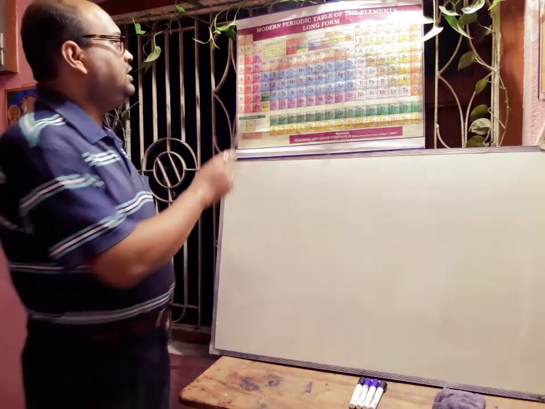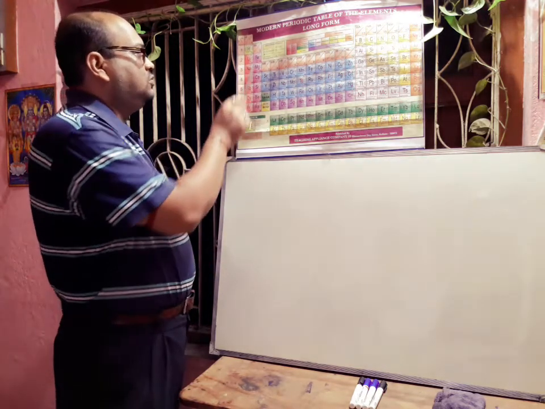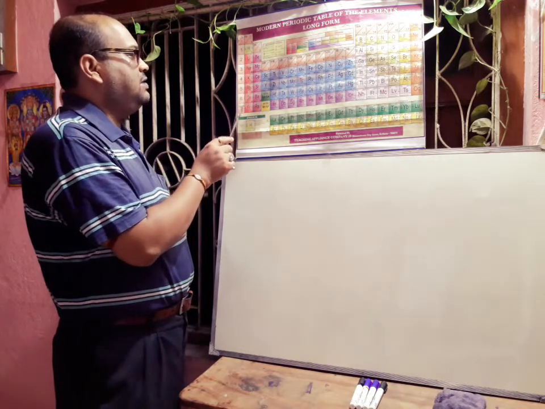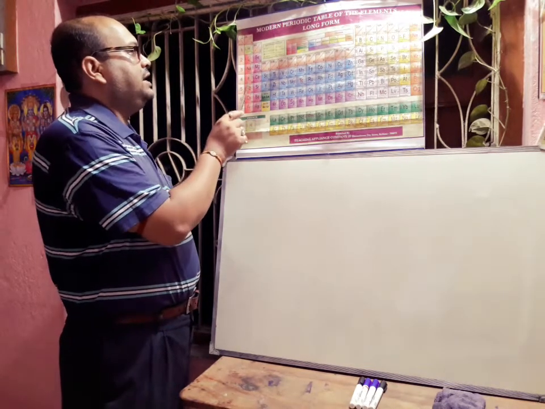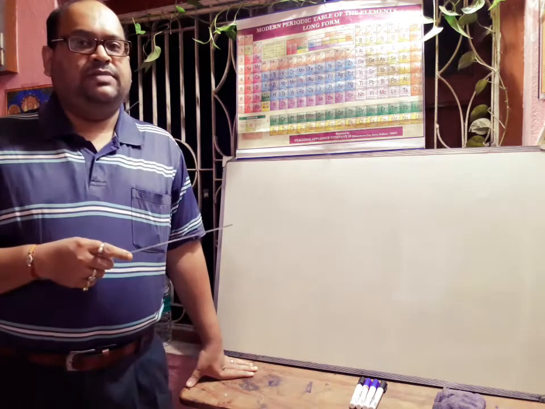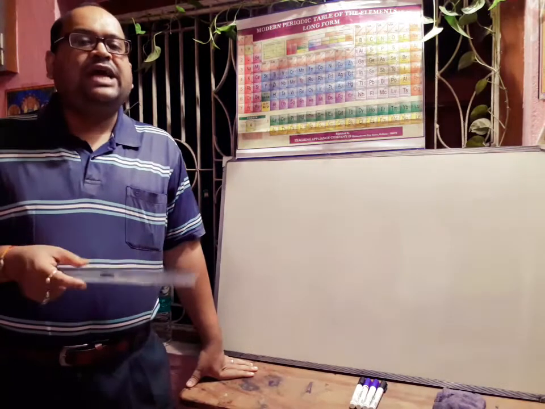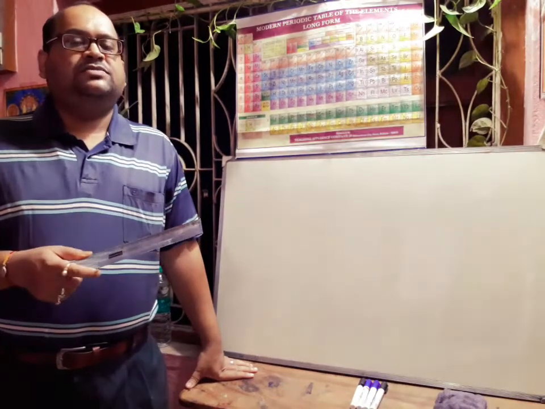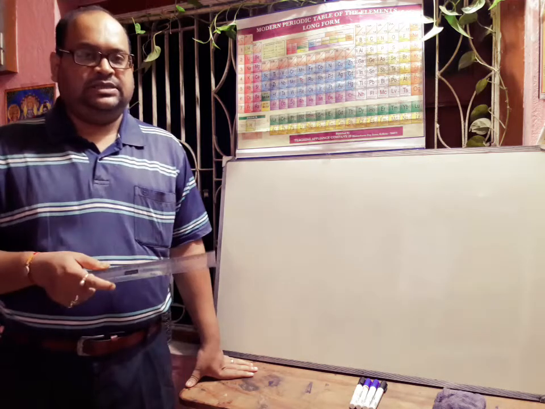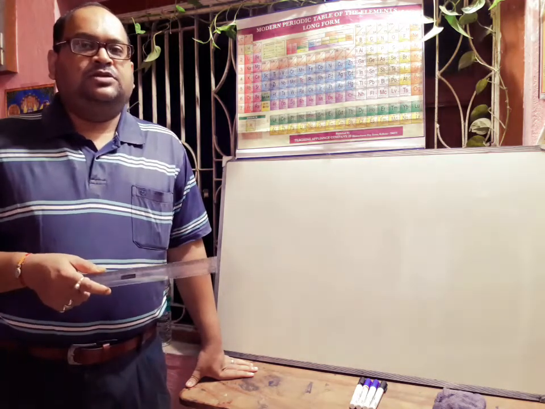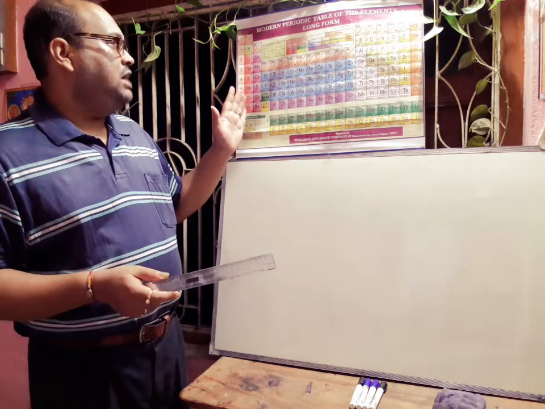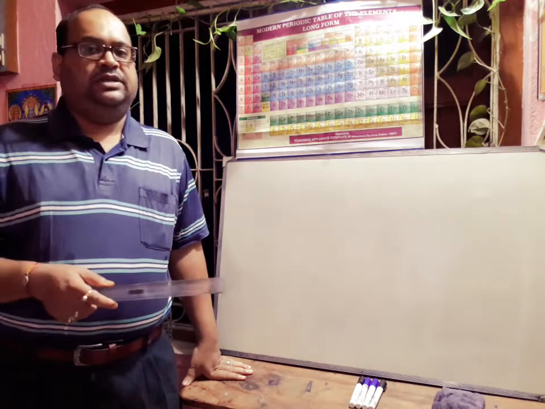If you look at the periodic table, there is group 1 and group 2. There is hydrogen, lithium, sodium, potassium, rubidium, cesium, francium, and here beryllium, magnesium, calcium, strontium, barium, radium. These are s block elements. If we write the electronic configuration of sodium, you will see that the last electron enters into the 3s orbital. So the block is situated just at the left side of the periodic table.